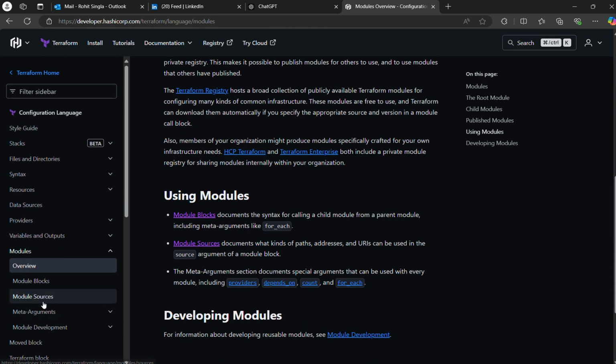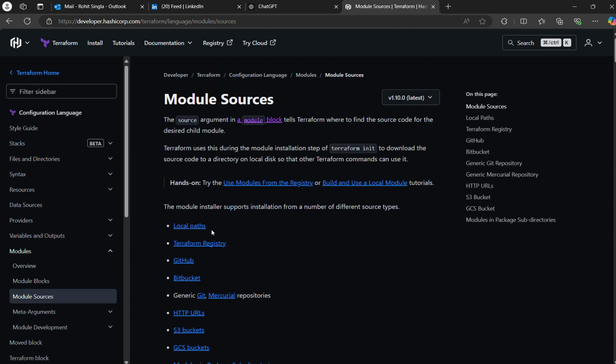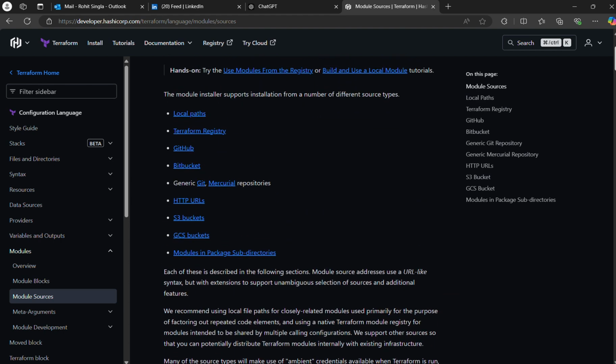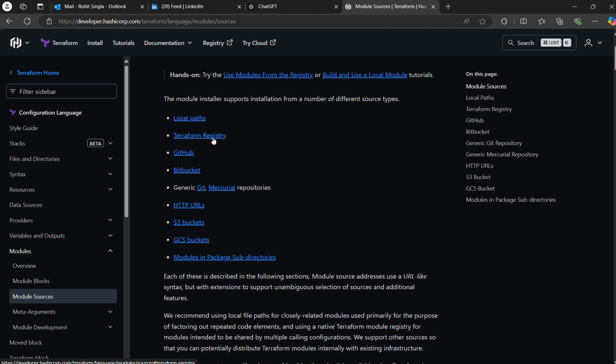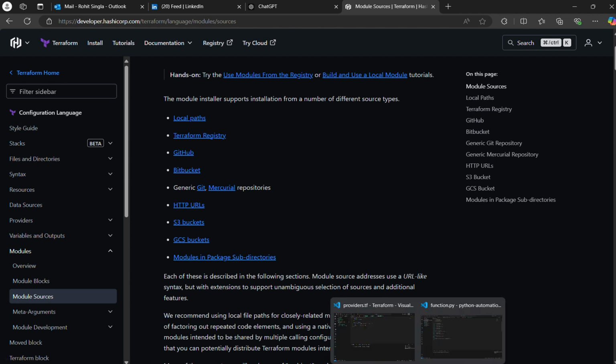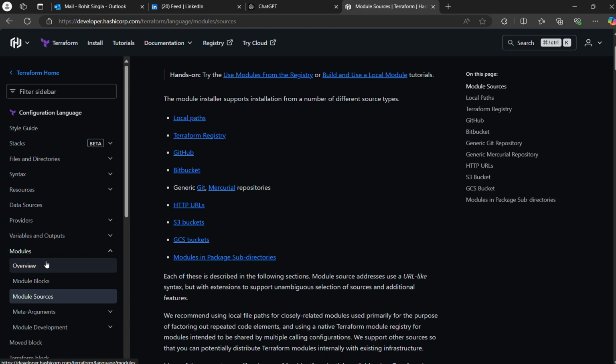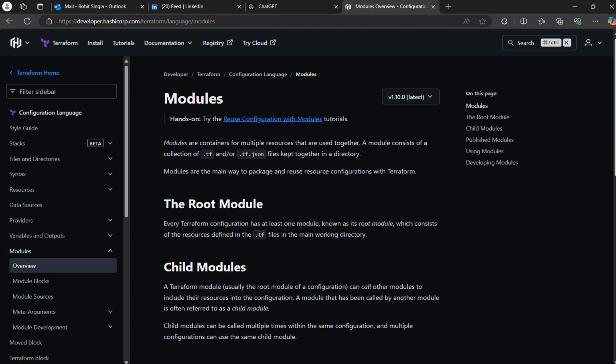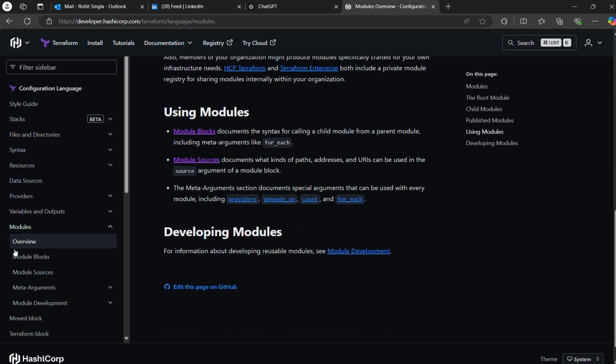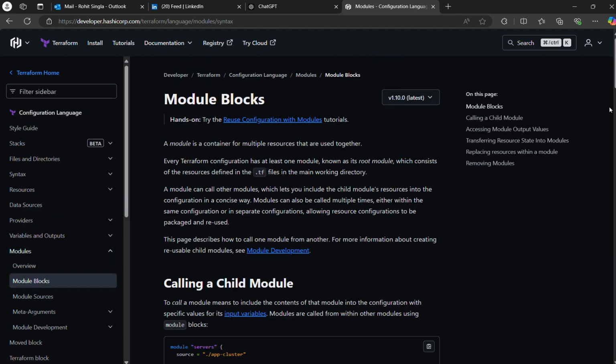I can show you the options. There are so many: local paths, the Terraform registry itself, GitHub, Bitbucket, HTTP URL, S3 bucket. You can use them directly after making a module. So modules look like this, before putting in too much information. Module blocks. So see here,